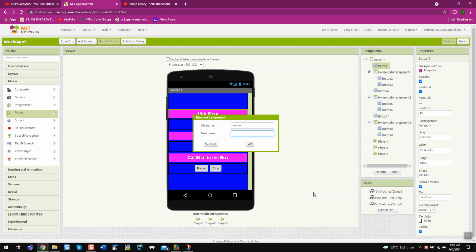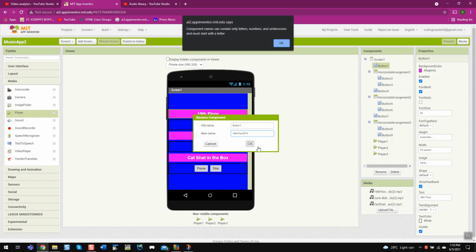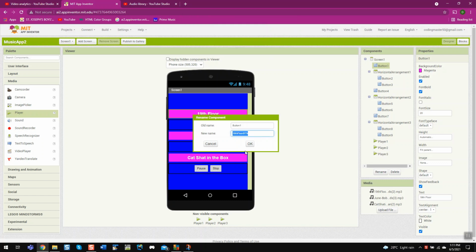So 19th floor BTN. Okay, as you saw above, we cannot start it with a number, so we'll do floor 19 BTN. See, it's come here.